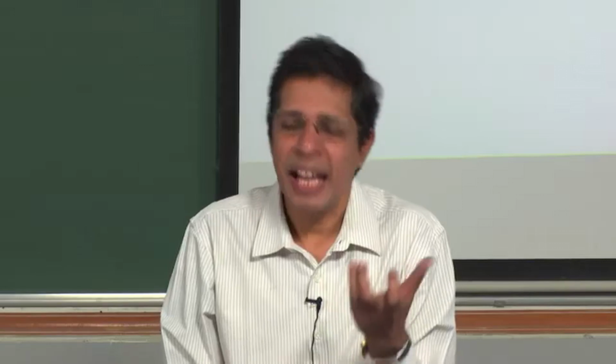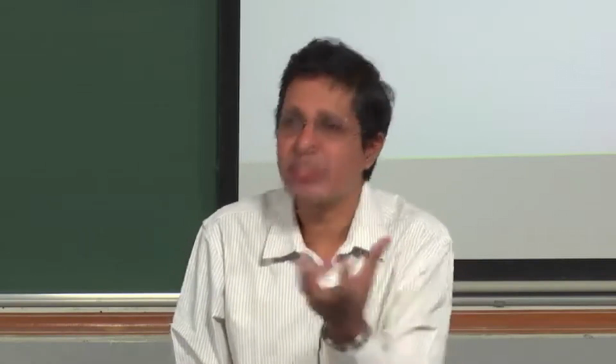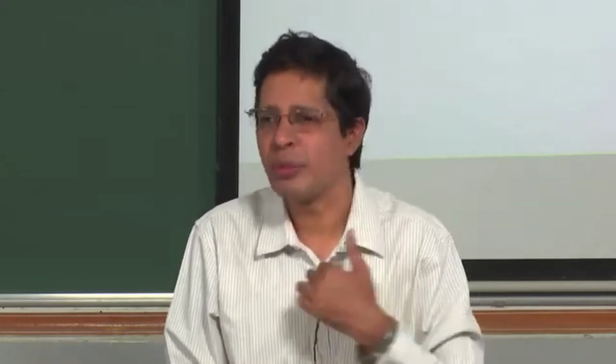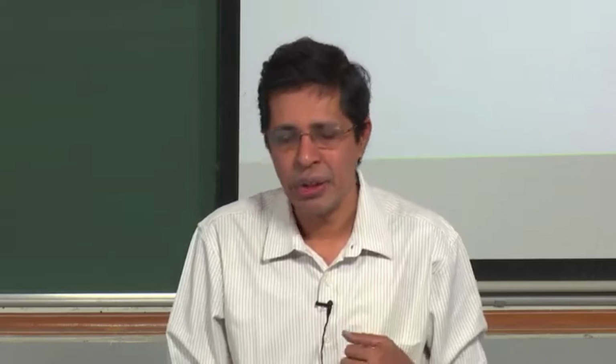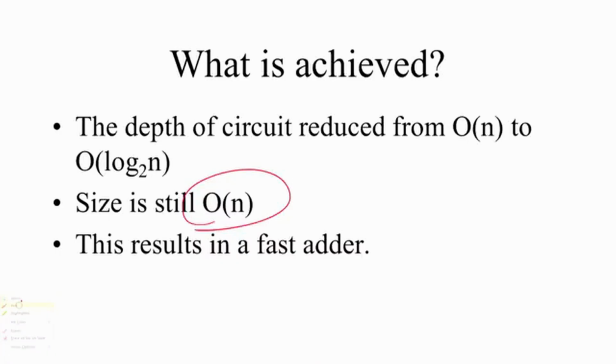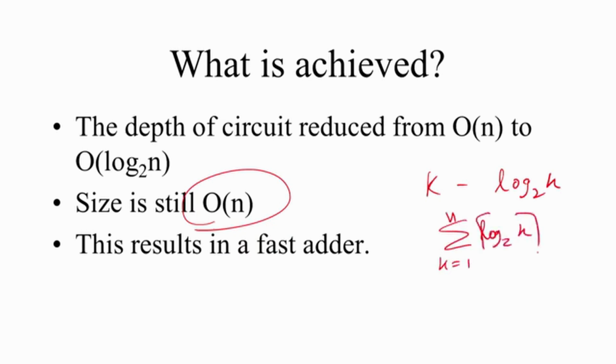So, I need a circuit for computation of that star operator. That circuit needs to be replicated log k times for the kth element. So, how many such replications do I need? Can I now write it as a formula? For the kth element I need log k replications, at least in log k steps I need that circuit to repeat. Note that this is the same star operation. So, what is the total number of repetitions? Sigma k equal to 1 to n of log k, some ceiling we can put. So, this can be approximated to